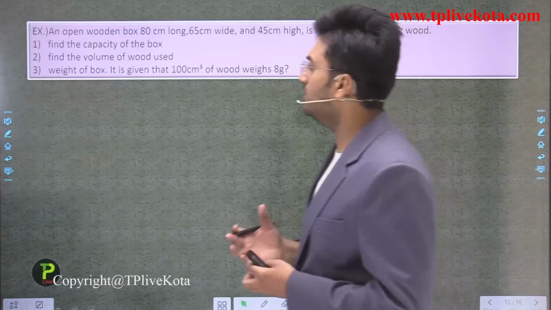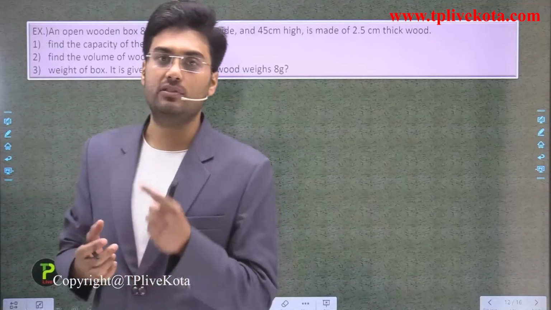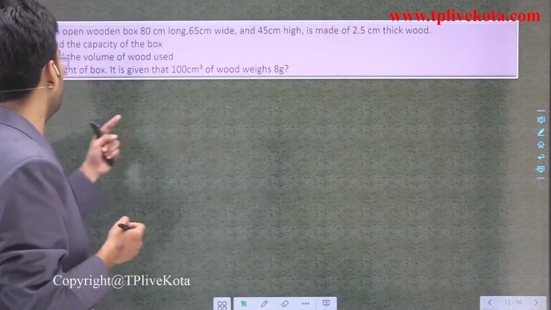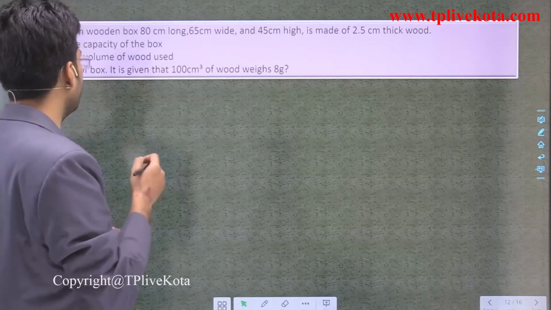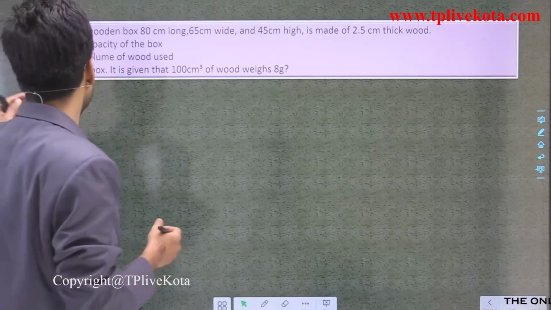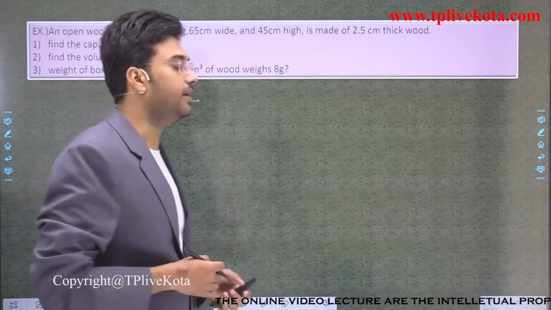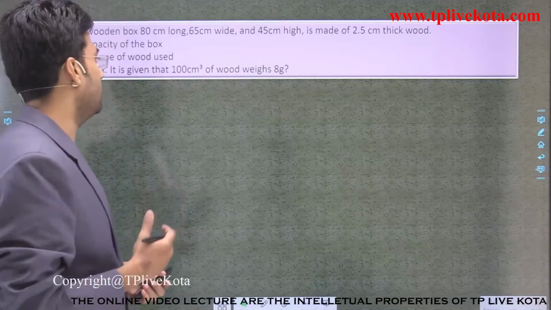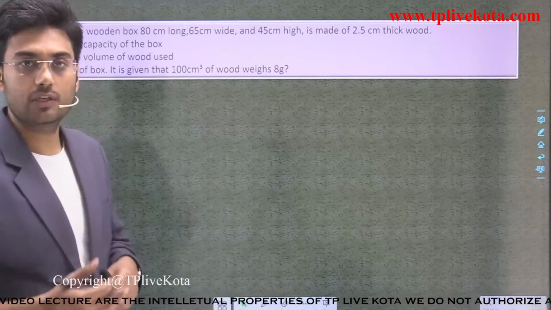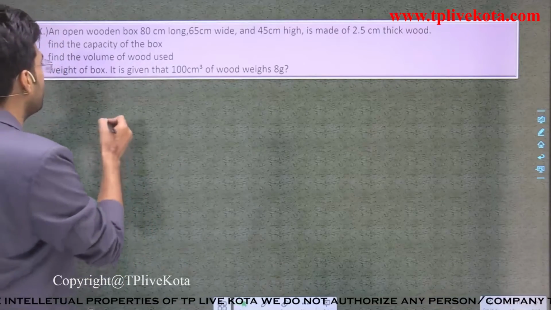Find the capacity of the box. Okay, first of all we have to find the capacity of the box, then we have to find the volume of the wood used and the weight of the box, if it is given that 100 centimeter cube of wood weighs 8 gram. Clear? So students, first of all,